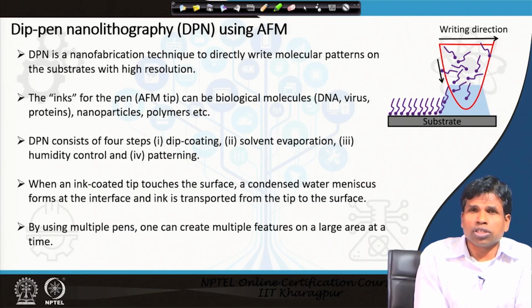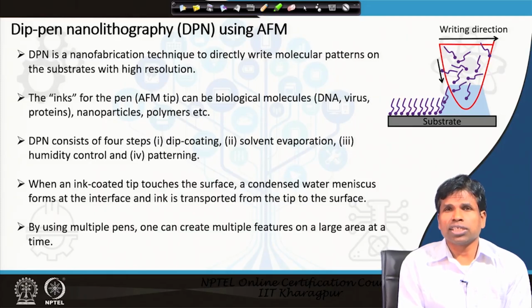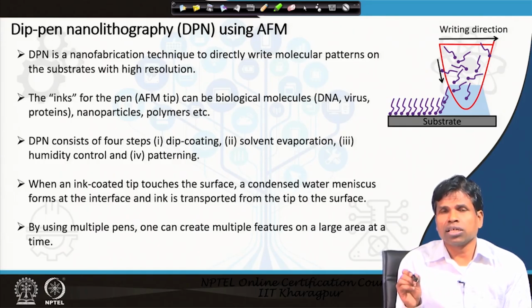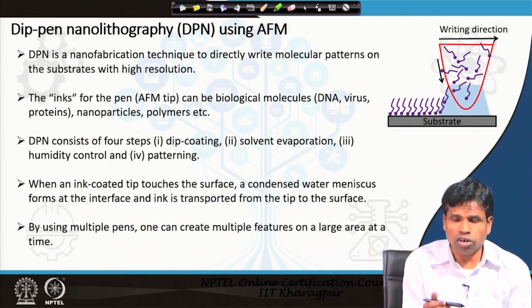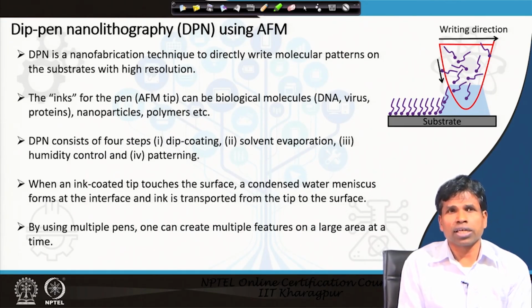Nowadays, in the last 10 to 20 years, dip pen lithography is coming into use on a much larger scale. In dip pen lithography, the AFM tip can be used as a pen, and one is able to write using the AFM tip, thereby creating features of very small size on the surface, in a desired pattern or in a desired way. Here the ink for the pen can be anything: biological molecules, viruses, proteins,